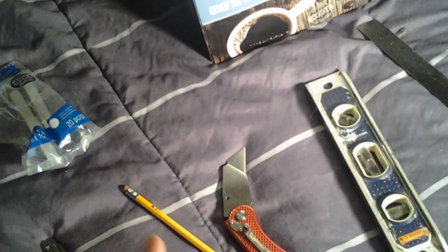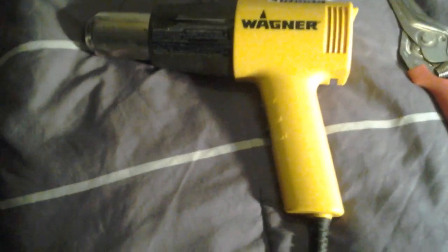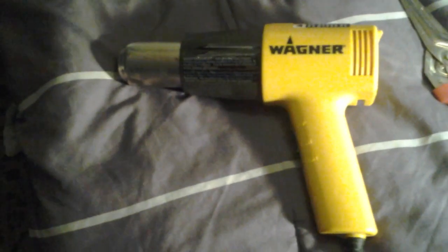Next is an optional item. Completely optional. If you don't mess up, you'll be fine. But if you do mess up, this is very, very nice to have. This item is, of course, a heat gun. I think I picked this one up for a little bit over $20, and honestly, it has saved me so many times. You wouldn't believe, on the Rhino again, this piece back here, the piece that's kind of like the